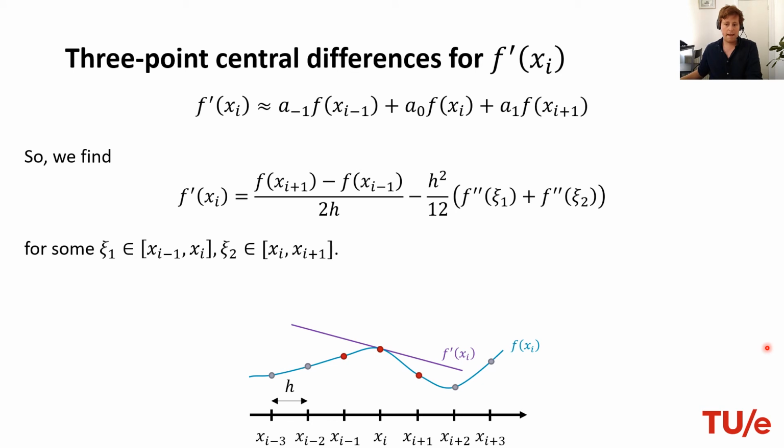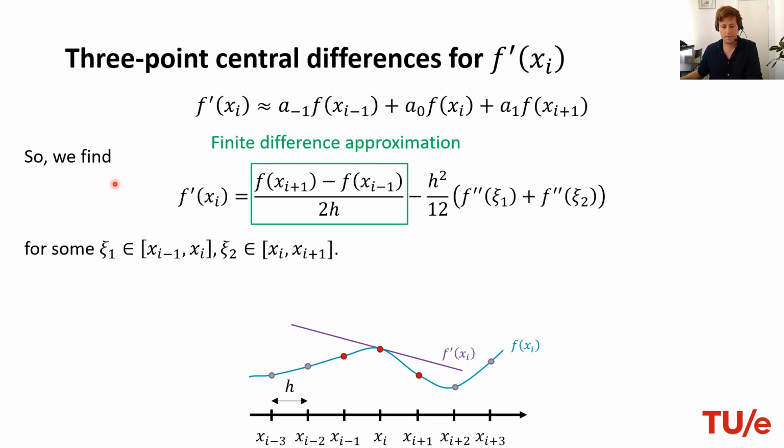So plugging it all back in, we recover something we already saw before. We see clearly that we have this finite difference approximation, which corresponds to the central scheme that we also saw in the previous section. This looks like a 2-point scheme, but that's simply because this coefficient, which corresponded to the center point, this a0, is actually equal to 0, and that's something we were able to prove mathematically using these Taylor series